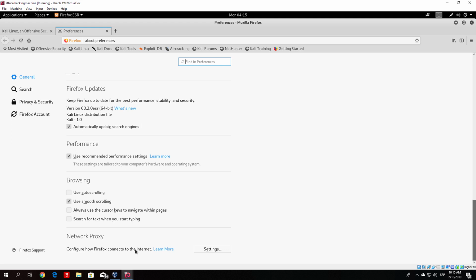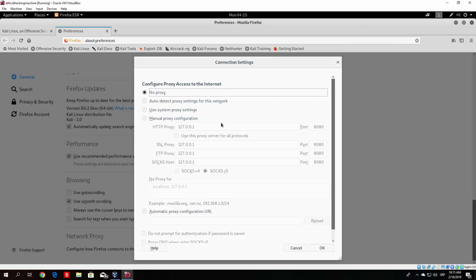What we want to do is basically make our Firefox connect to the internet through our Burpsuite. So click here on the settings and it should open up this small window. By default it should be set on no proxy. What you want to do is change that to be set on the manual proxy configuration. So once you check that, I believe since you didn't configure it before, it should have only the first one, which is HTTP proxy, set on